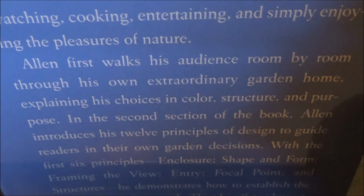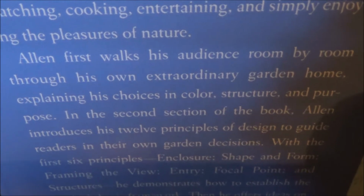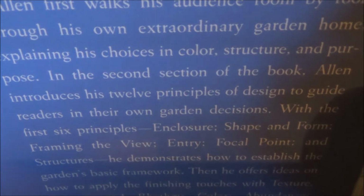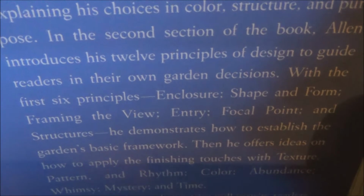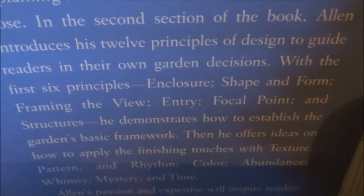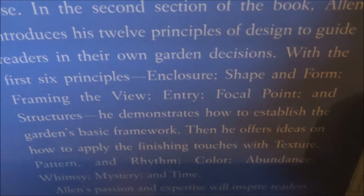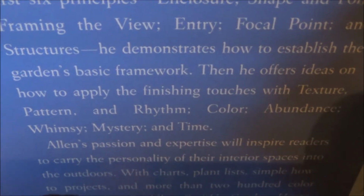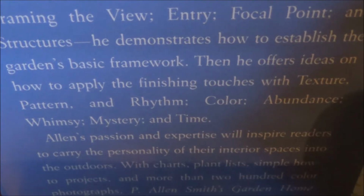Allen first walks his audience room by room through his own extraordinary garden home, explaining his choices in color, structure, and purpose. In the second section of the book, Allen introduces his 12 principles of design to guide readers in their own garden decisions. With the first 6 principles, enclosure, shape and form, framing the view, entry, focal point, and structures, he demonstrates how to establish the garden's basic framework. Then he offers ideas on how to apply the finishing touches with texture, pattern, and rhythm, color, abundance, whimsy, mystery,